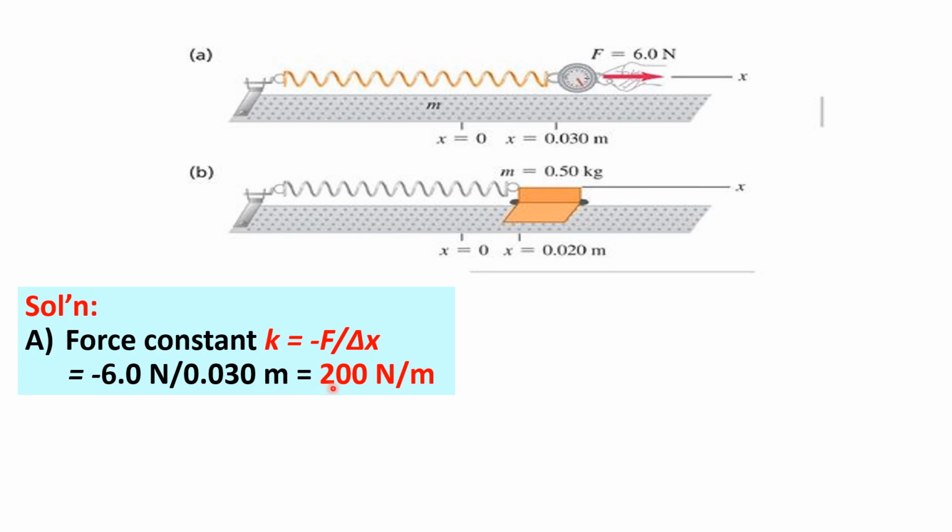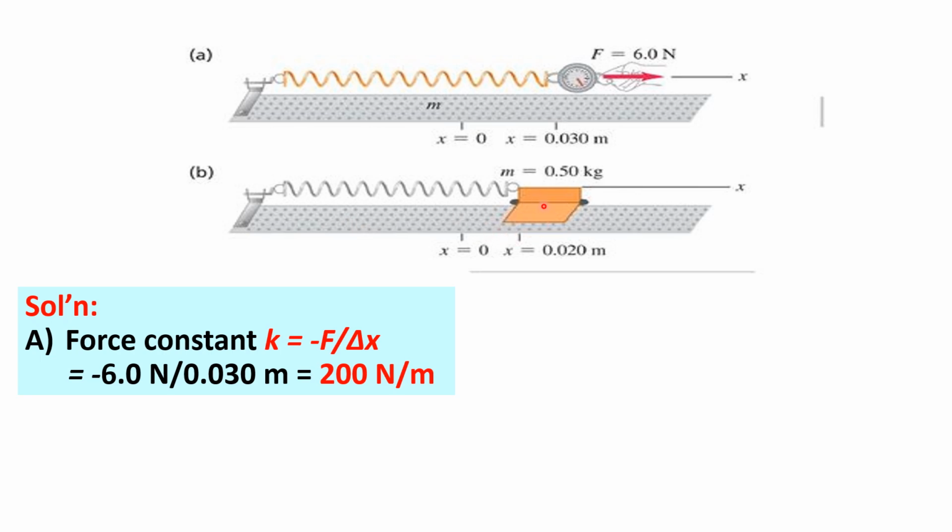Hence, the force constant K, disregarding the negative sign because force constant K is always positive, we have the value 200 newtons per meter. So that is what we call force constant. When you are talking about a spring, sometimes it's also called the spring constant. So in the next question,